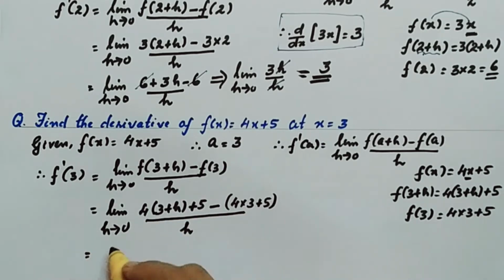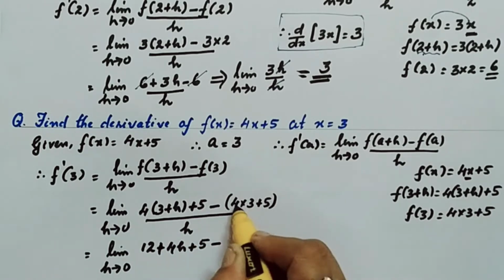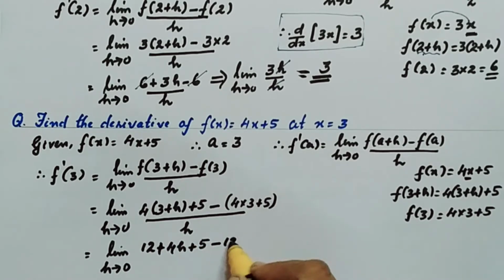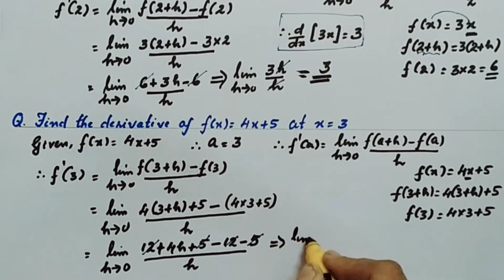which is equal to limit h tends to 0. Okay, we can multiply inwards. 4 into 3, 12 plus 4h plus 5 minus 4 into 3, 12 minus 5. Minus 12 minus 5. The whole divided by h. Now you can see that plus 12 minus 12 get cancelled. Plus 5 minus 5 get cancelled. The remaining is limit h tends to 0,